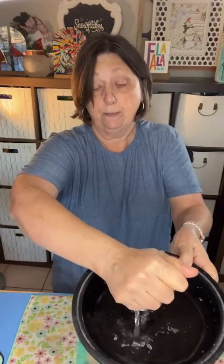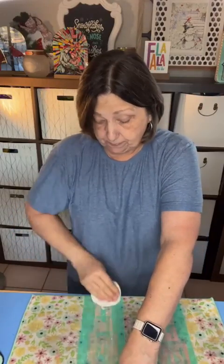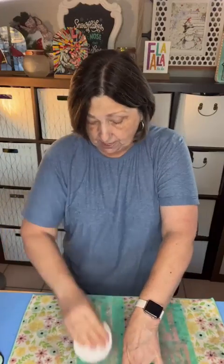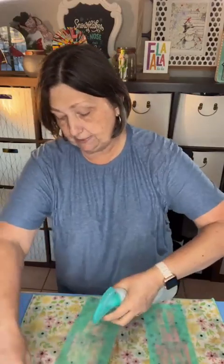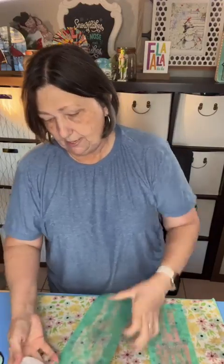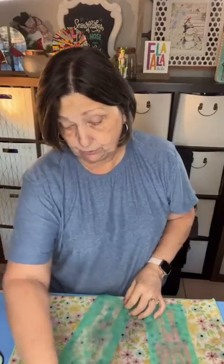And then I have a board eraser sitting in a water bath, and I'm just going to bring it out. This board eraser is like a magic eraser sponge, but it does not contain any chemicals. I'm just going to go over the top, wipe it out. I'm going to turn it over, and spritz it a little bit with water. Now the back side's not very dirty, but I'm just going to make sure that I get the paste out of both sides of this silk screen,